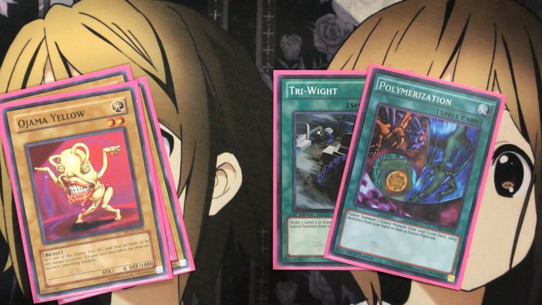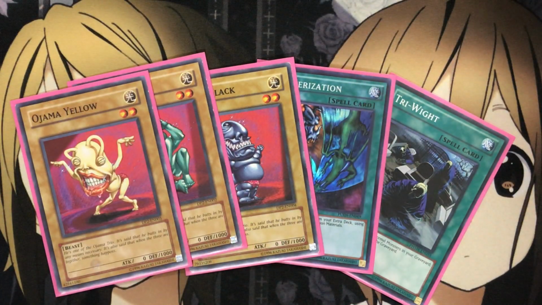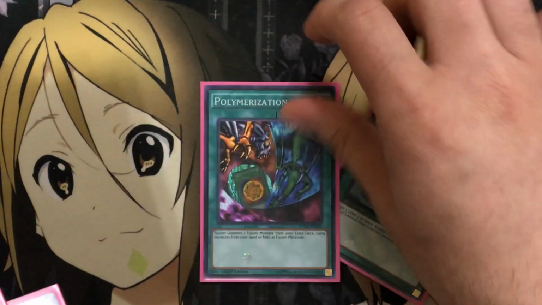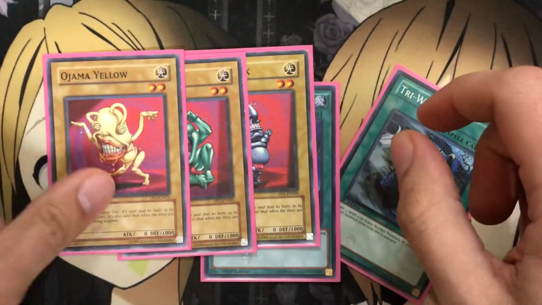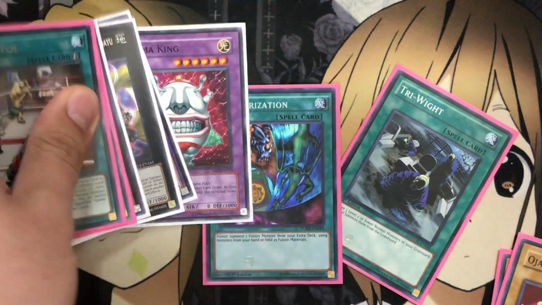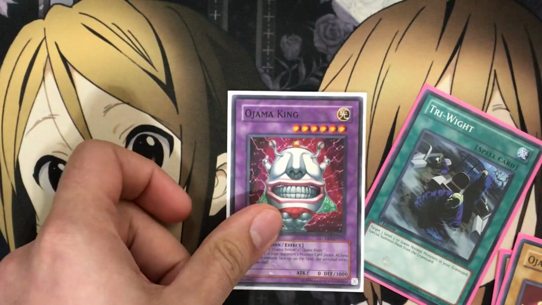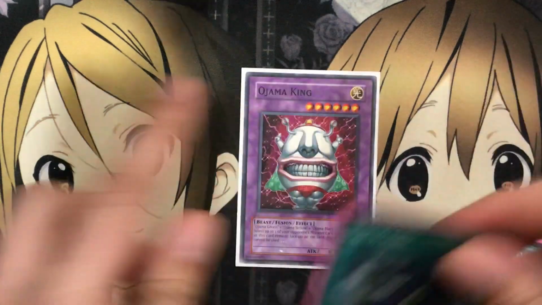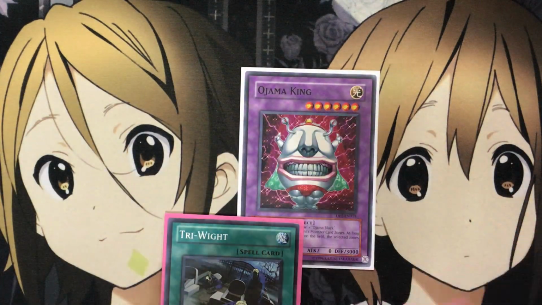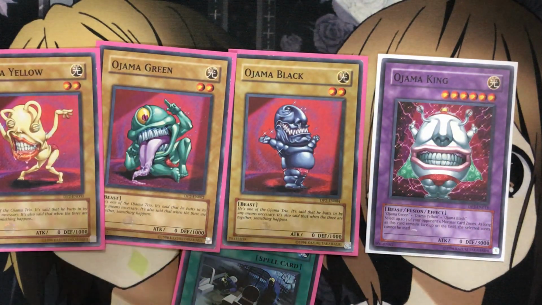Whatever the situation, you'll have your Ojama monsters and these 2 cards on the field. For Master Rule 5, since you're not limited to the main monster zone, to summon out your fusion monster, you can activate Polymerization, fusing your 3 Ojama monsters together to go into your Ojama King, which you don't have to put in the extra monster zone anymore. You can summon it in the main monster zone, and then you can use Tri-White to special summon the 3 Ojama monsters you just sent to the graveyard onto the field, and then you can go for the Link Summon